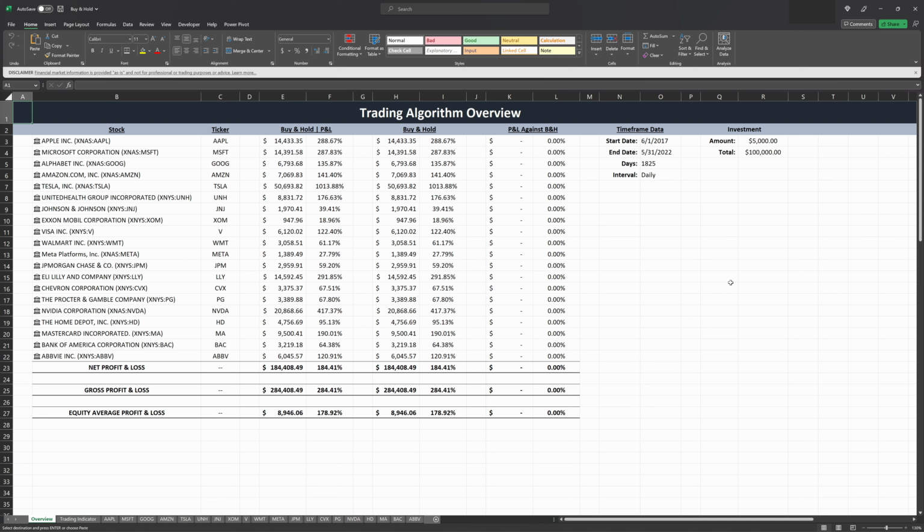So if we look at the overview, here we get a good understanding of where we are. So here's the trading algorithm, the buy and hold here on E and F number 2. You can see for Apple, this saw a profit and loss of 14,000, which is equivalent to a gain of 288% from that initial investment of 5,000. Now we have 20 tickers here. So we look at that. If we took 100,000 and divided them amongst the 20, 5,000 apiece,